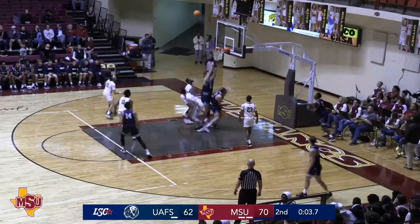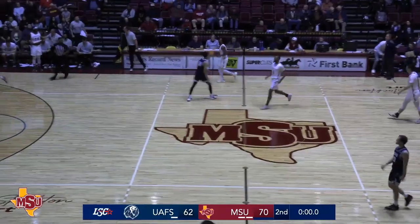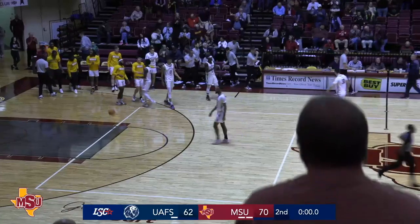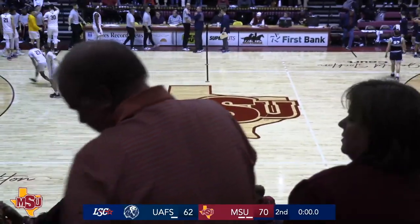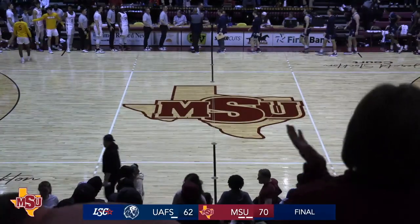Bush drives in, misses the layup. It's batted up in the air. Carter grabs it. 3 seconds left. Time runs out. Midwestern State wins. The Mustangs down Fort Smith 70-62, overcoming a 4-point halftime deficit, shooting 51%, holding